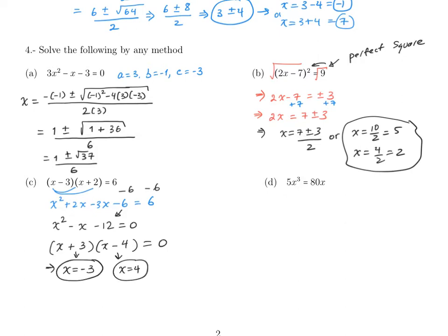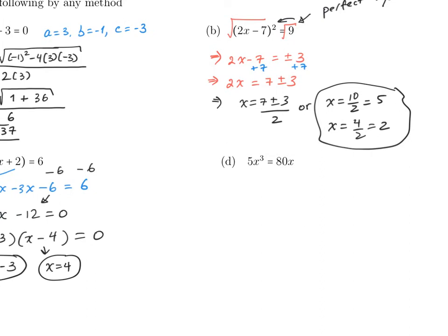And that's it. Part D, we have to set the equation equal to 0 and then factor. So you have to make sure that this is 0. The GCF of 5 and 80 is 5, and the GCF of x squared and x cubed and x is x. So then we need x squared here to get 5x cubed and 16 to get 80x. The 5x is already